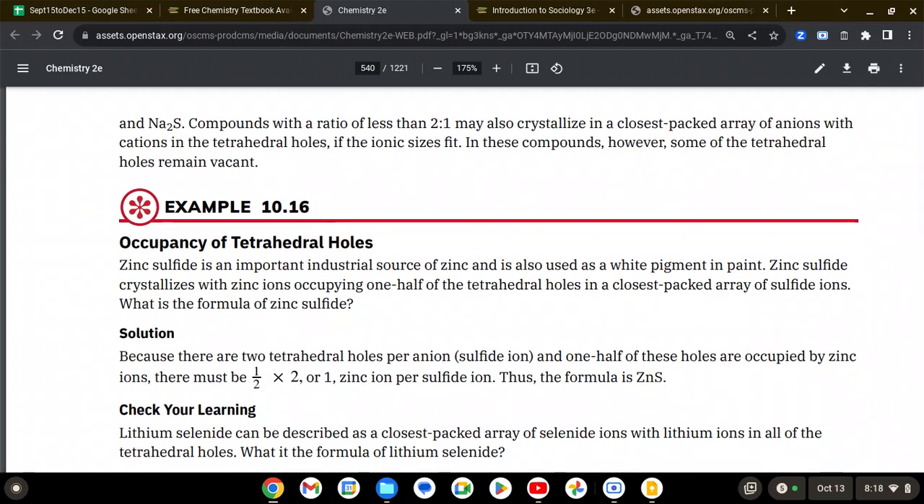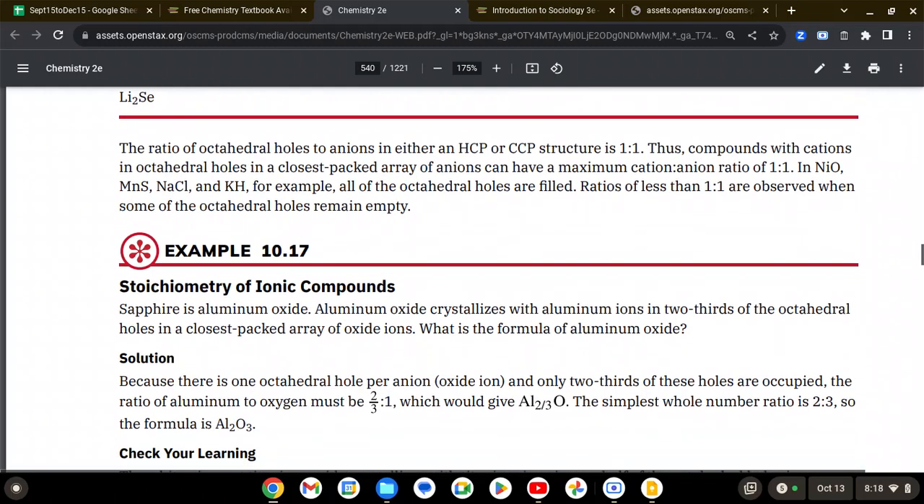Compounds with a ratio of less than 2:1 may also crystallize in a closest packed array of anions with cations in the tetrahedral holes, if the ionic sizes fit. In these compounds, however, some of the tetrahedral holes remain vacant. The ratio of octahedral holes to anions in either an HCP or a CCP structure is 1:1. Thus, compounds with cations in octahedral holes in the closest packed array of anions can have a maximum cation-anion ratio